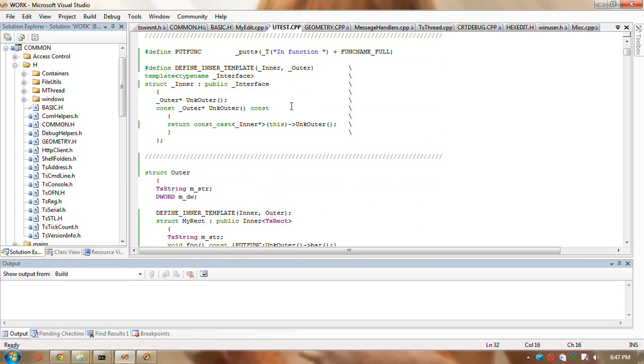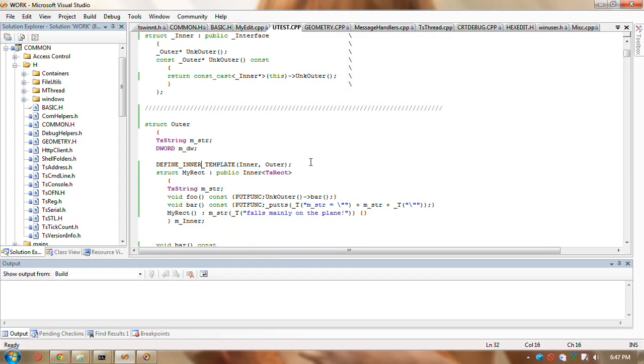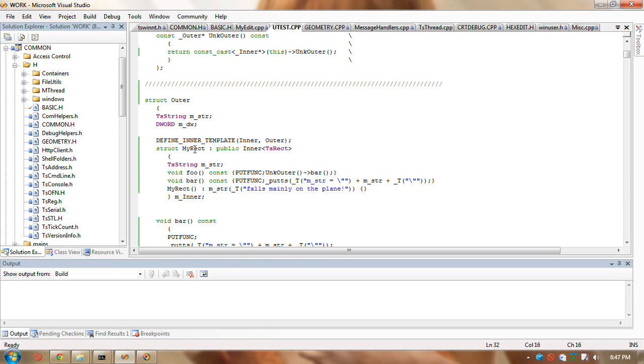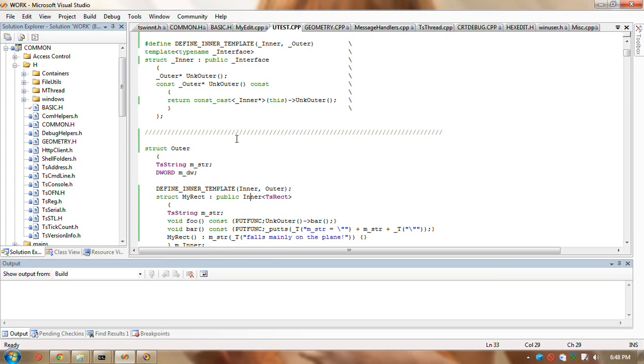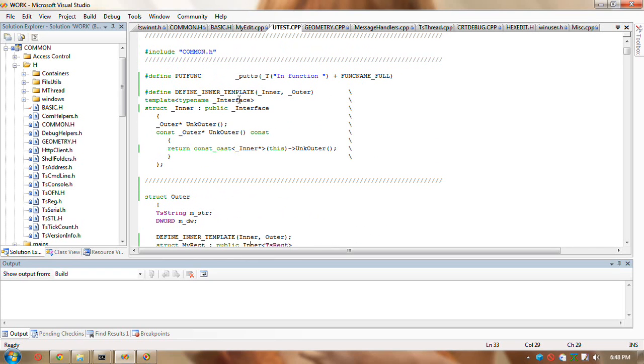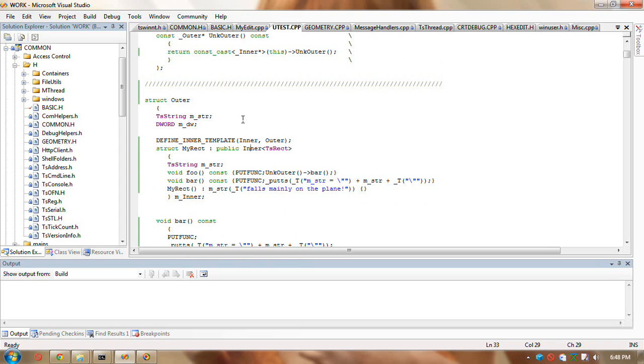So I have to make it a macro, and then write this down here, and now I can derive from this class here, and select the type that I want this thing to extend. And I gain from this inner thing the function called outer in this case, just the one. There might be more functions I could add to this template. In any case,